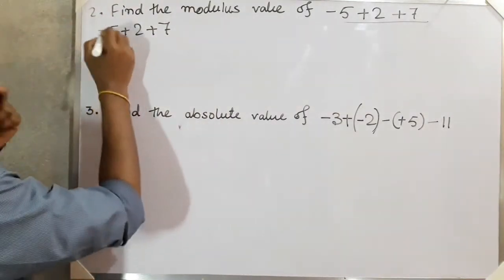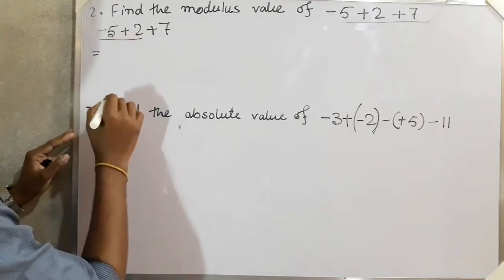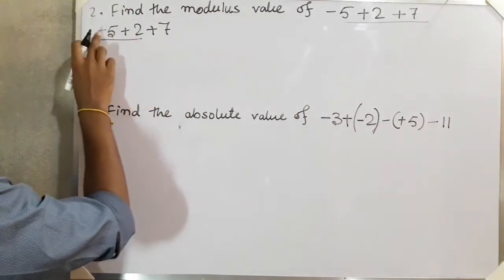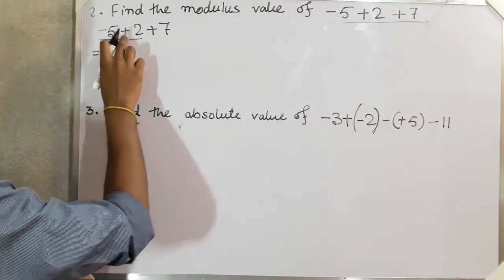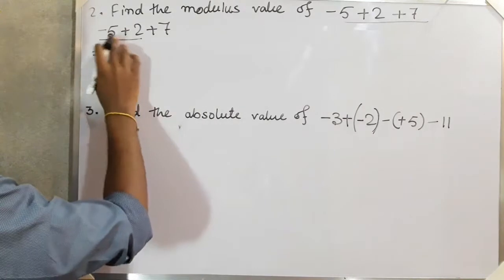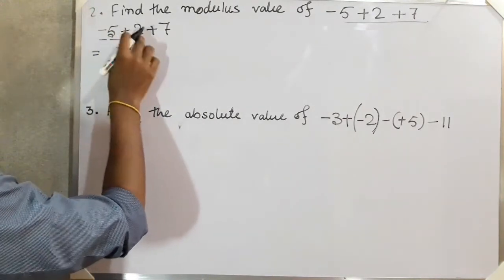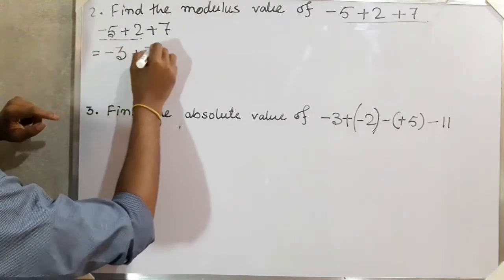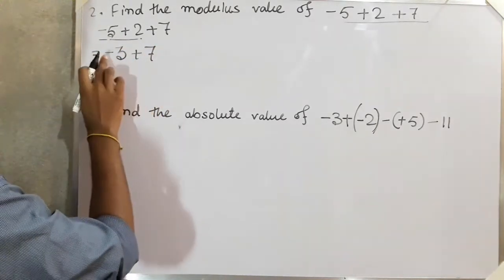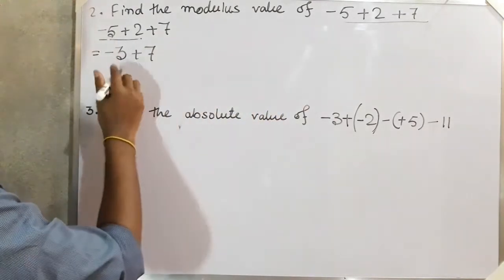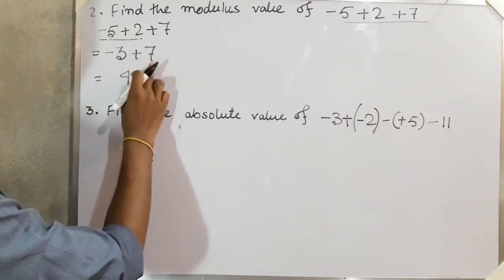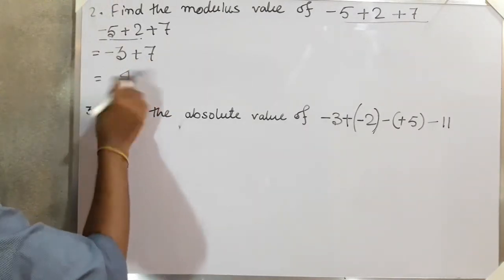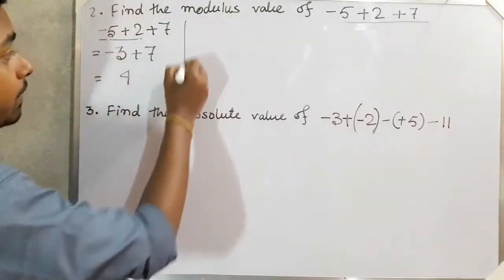Okay, so minus 5. We will take two integers at a time. I told you how to add and subtract integers. So minus and plus: minus into plus equals minus, that means we have to subtract. So 5 minus 2 is equal to 3. Between the two numbers, 5 is the greatest one, and before 5 there is a minus sign, so here will be a minus sign, plus 7. Now minus into plus equals minus, so 7 minus 3 is equal to 4, and between those two numbers 7 is the greatest one, and before 7 it has a plus sign, so before 4 it will be a plus sign, and a plus sign before 4 means nothing. So that means